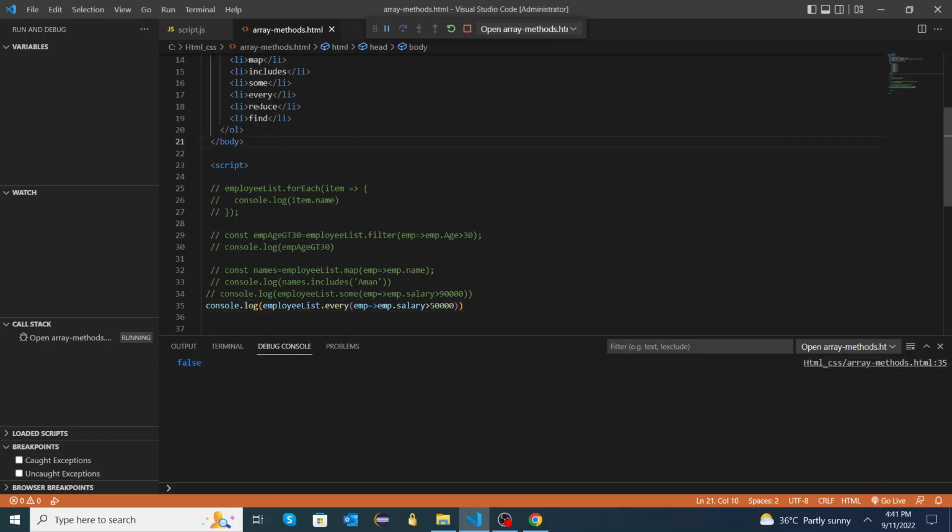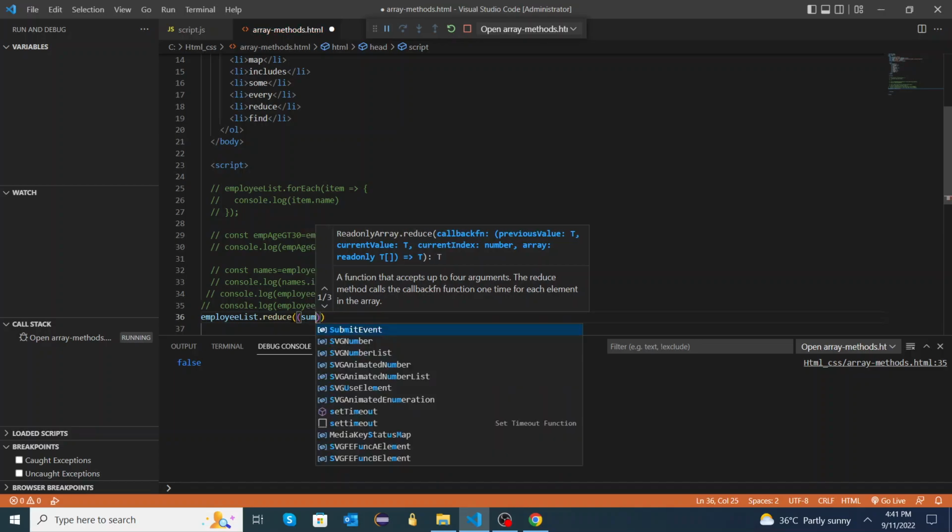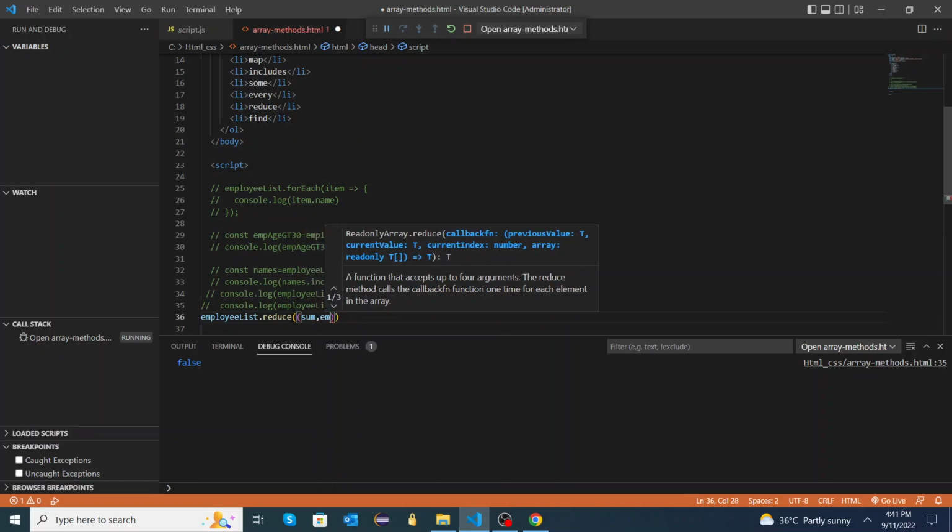Now the next method is reduce. So we will be looking into reduce. By example, let me copy this employee list first. employeeList.reduce. This will take two arguments. Let's calculate the sum of the salary of employees. And here I will just be returning